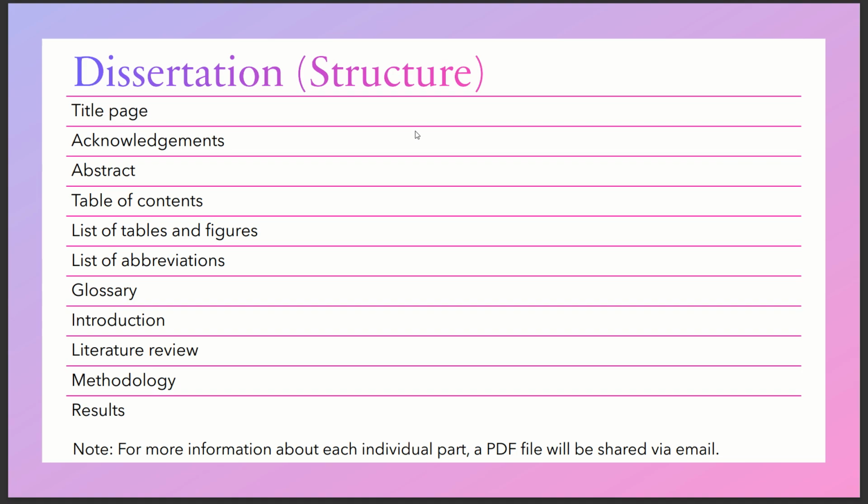And the structure for a dissertation, or the elements, let's say, are as follows. You have first a title page. After that, you have the acknowledgements section. Then you have the abstract section. Then you have the table of contents. Then you have the list of the tables and the figures used in the paper. Then you have the list of the abbreviations used in the paper. You have a glossary section. You also have an introduction part, you have the literature review, you have the methodology, and you at the end